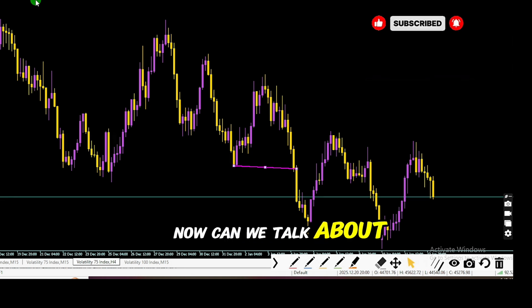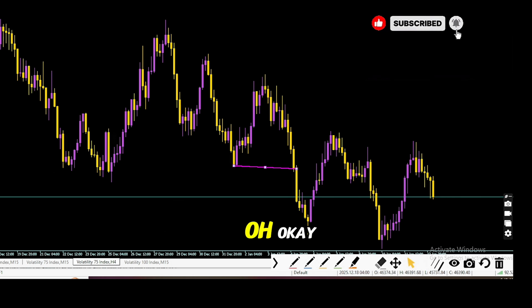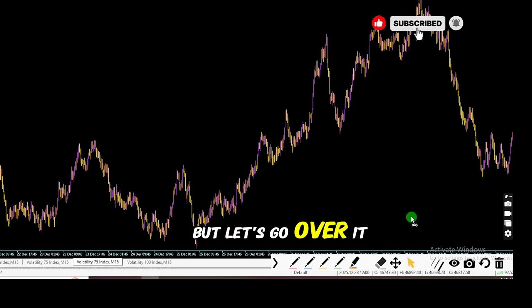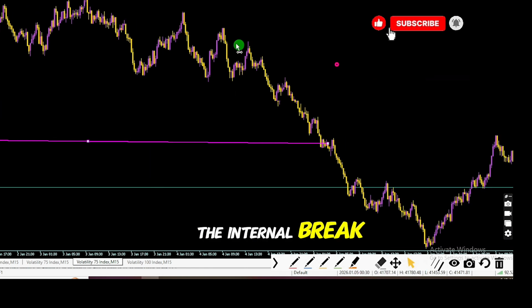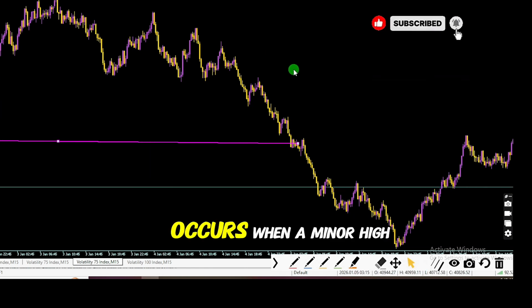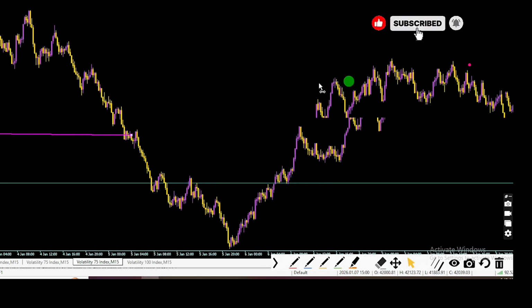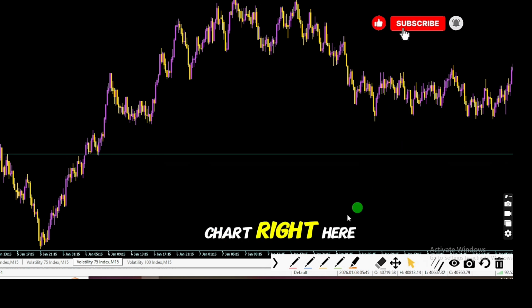Now, can we talk about the internal break versus the external break? Okay, I've mentioned a little bit of it, but let's go over it again. The internal break occurs when a minor high or low is broken. Okay, now looking at my chart right here,